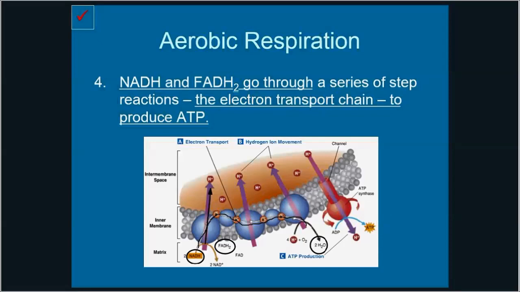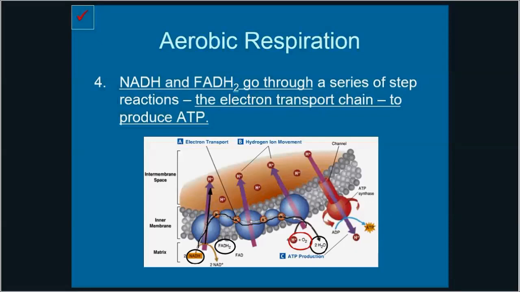In aerobic respiration, it is called aerobic respiration because it requires the use of oxygen. The oxygen is being input right here, and that's what's helping to bond to those hydrogen ion molecules and make water as the byproduct. So you breathe in oxygen, and then that oxygen is used to produce water as a